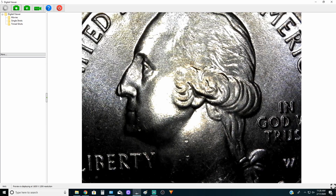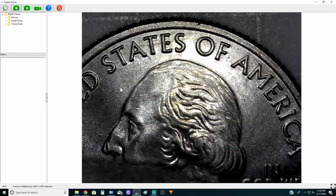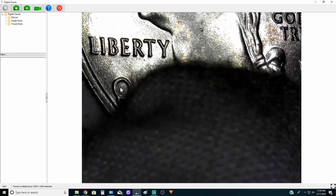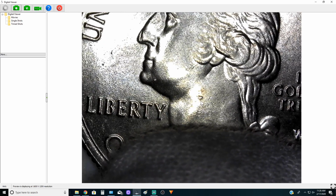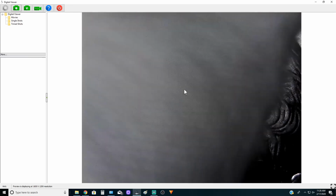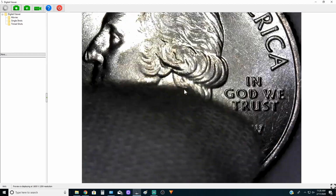Now, he's got a nasty hit right there through his nose. Okay, again, contact with other coins can be brutal on these mint state examples. Absolutely brutal. Got a little bit of a pit right there. That's probably from catching a little bit of reeding from another coin. As far as this one goes, this one doesn't have any signs of being on the end of a roll,